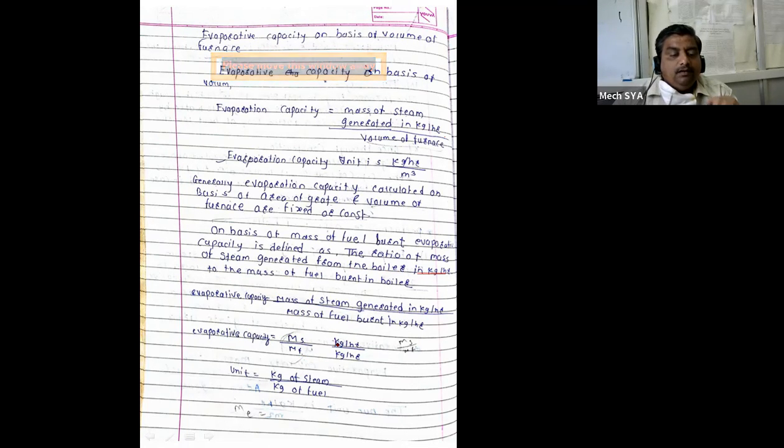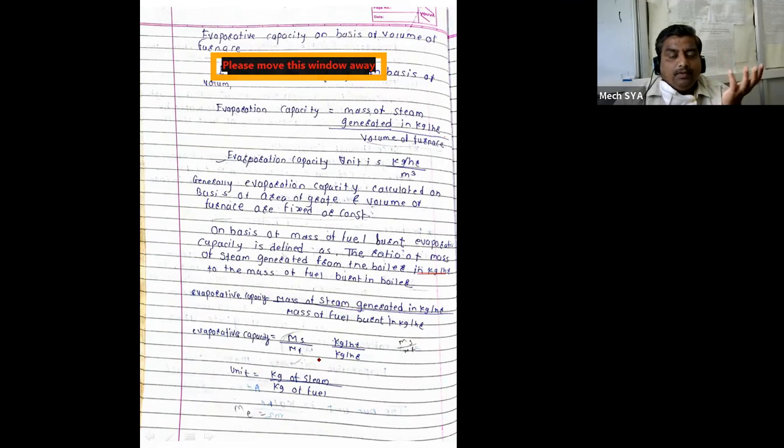But here, as these two are different, one is the steam, the working substance, and one is fuel, the unit will be as per the air fuel ratio we calculate in BME. The unit will be kg of steam divided by kg of fuel. This evaporative capacity is calculated frequently, because the mass of fuel burnt may differ from time to time for a boiler.